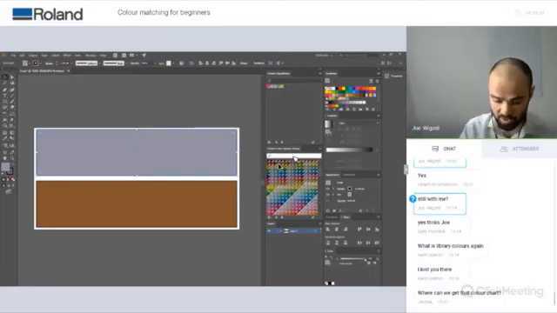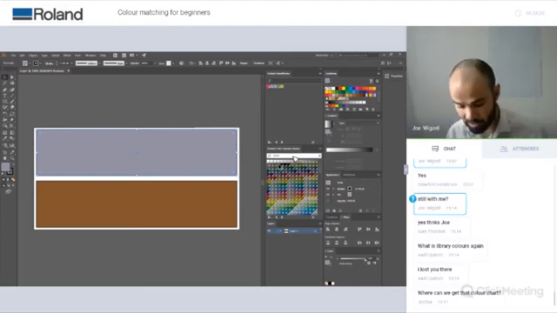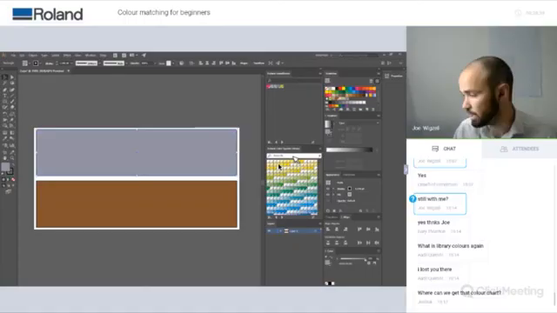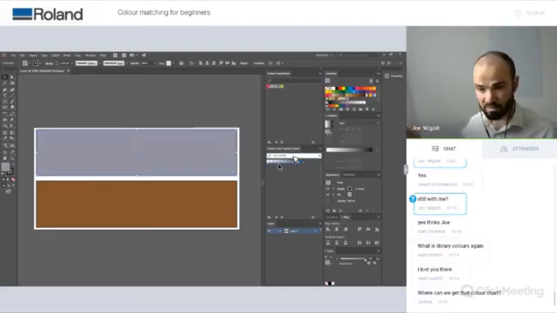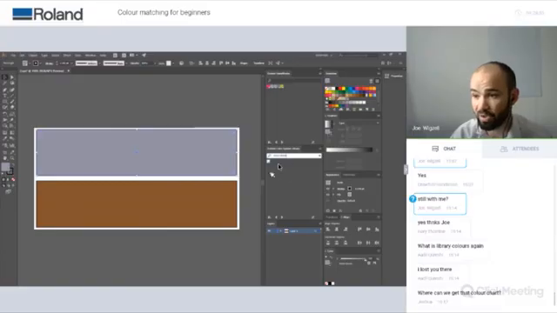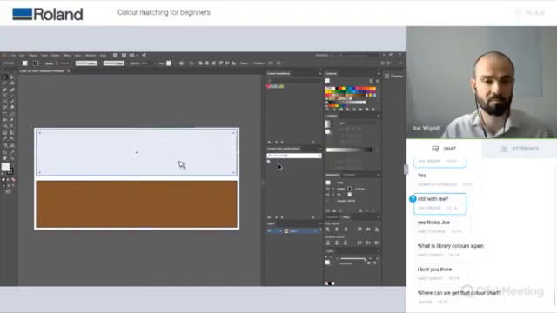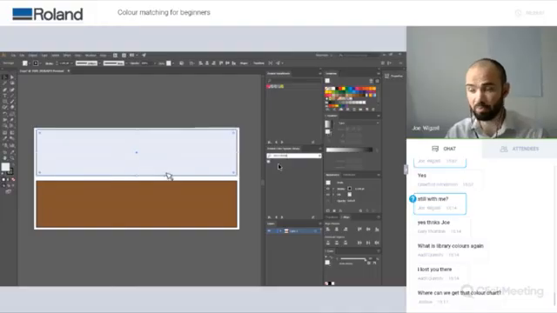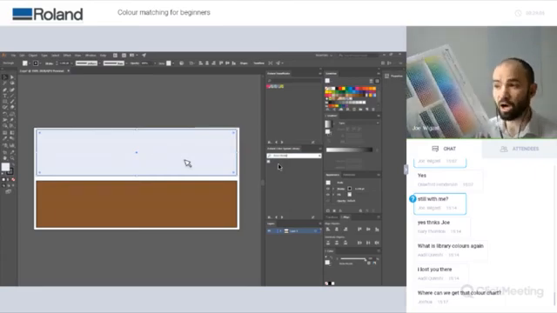So what I could do is search for the one that I said, which was RVW PR24B. Okay, there's the color that I found on my screen. So I select that color. It then changes on my screen. And I then use this file to print out through VersaWorks. VersaWorks will recognize where I've used that spot color, and it will print exactly the same as my chart that